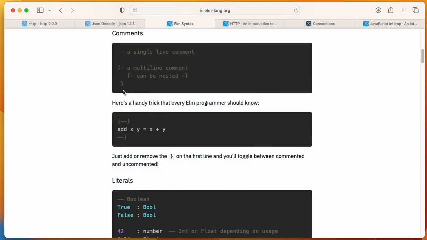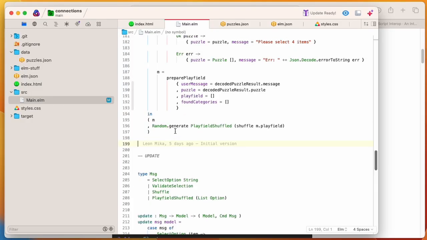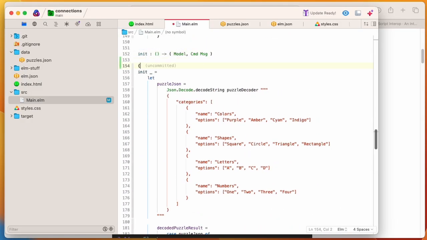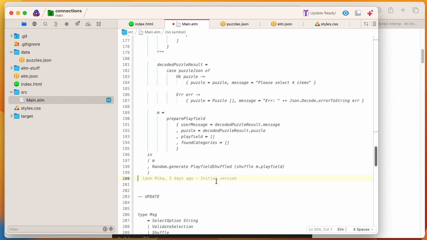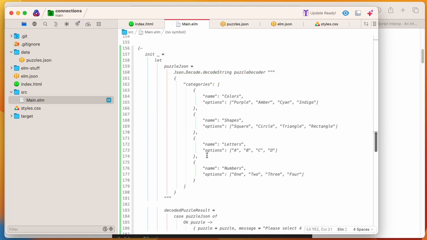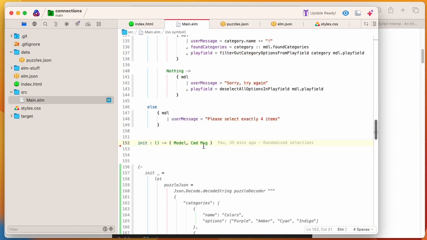Oh, okay, that's how you do it. So I want to keep this around, but what we want to do is start off with a